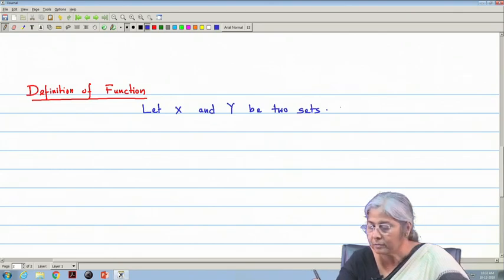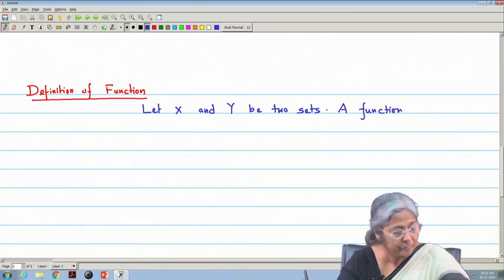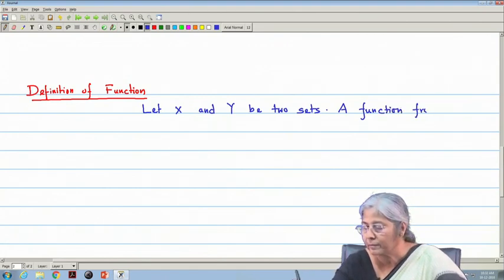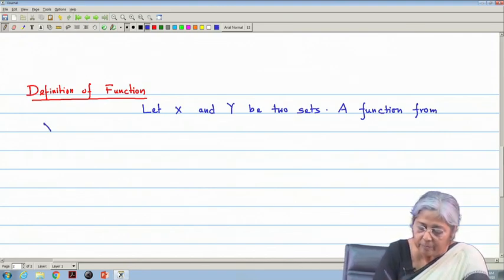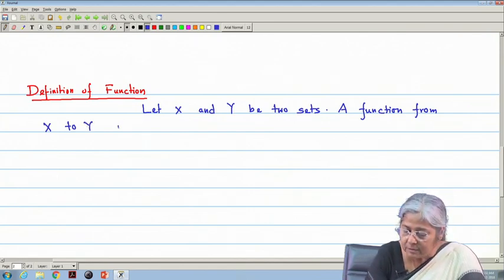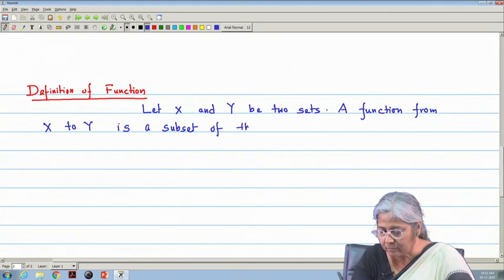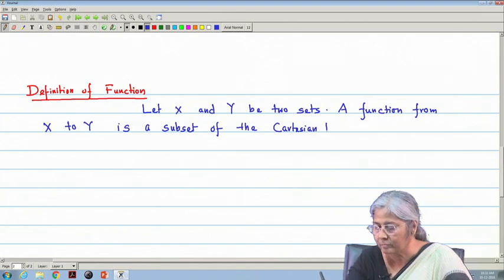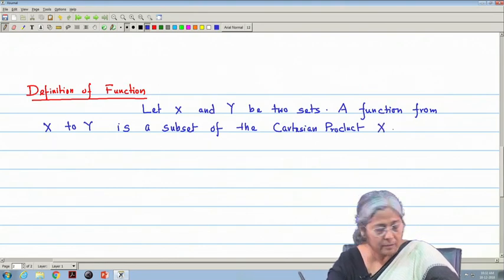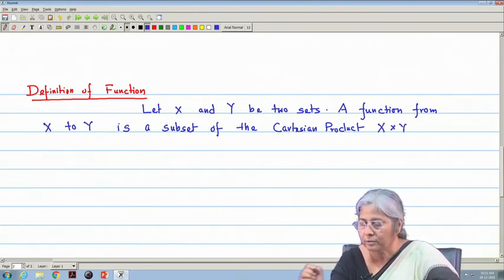Now, a function from x to y is a subset of the Cartesian product x Cartesian product y